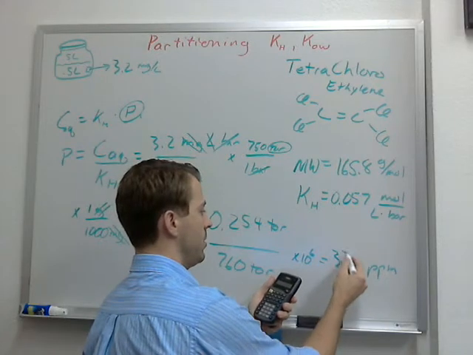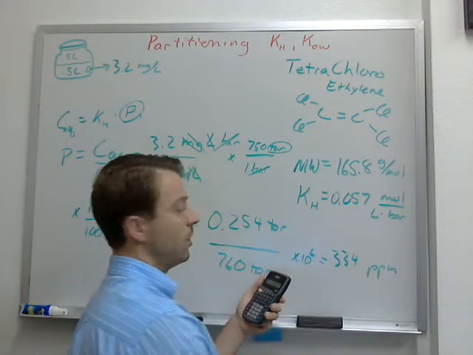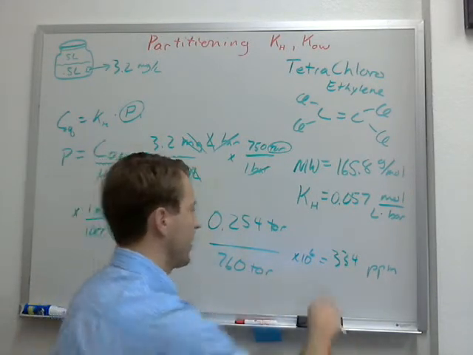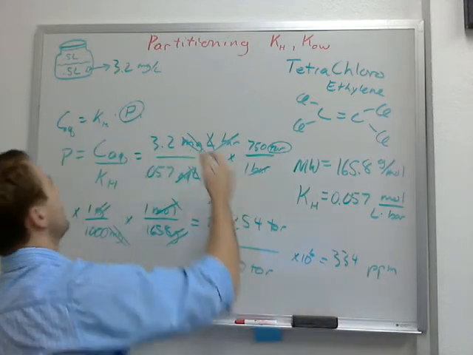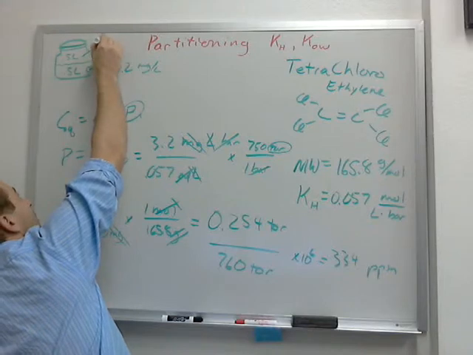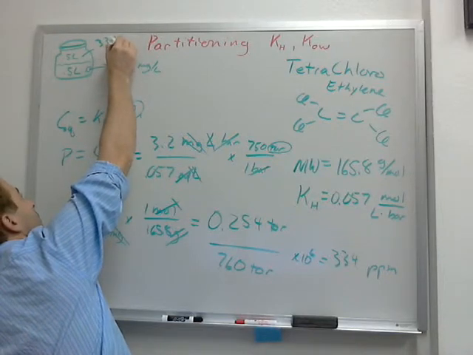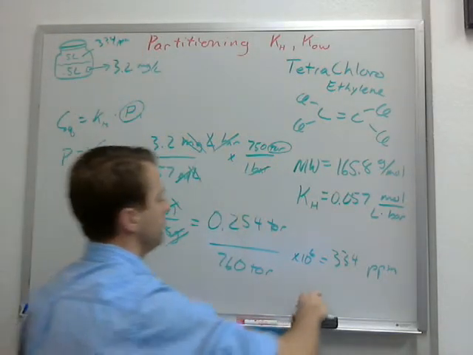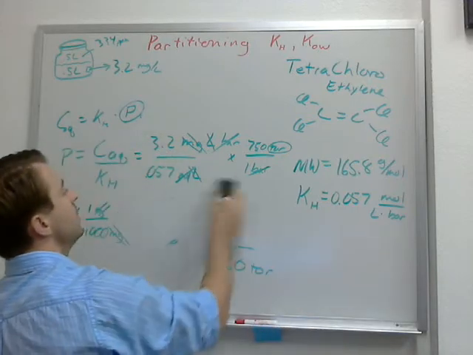Okay, so 334 parts per million. All right. So that is our answer to question 1. The headspace is 334 ppm. Now I want you to tell me